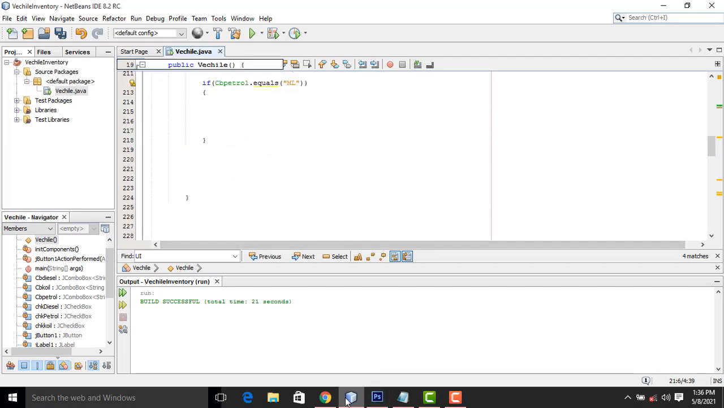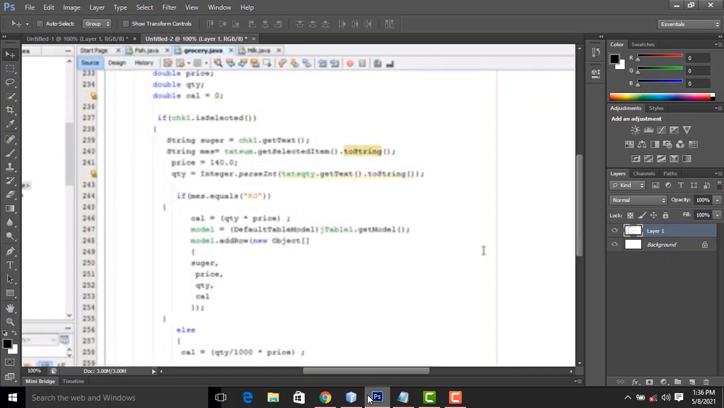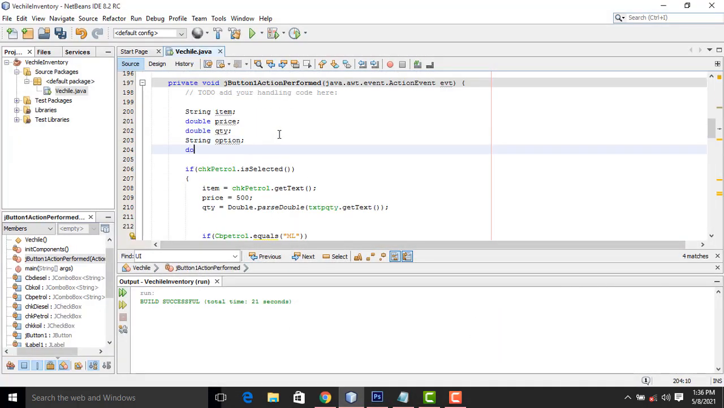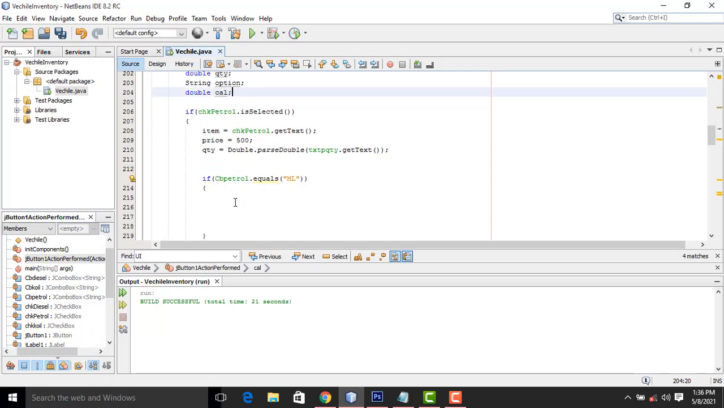Okay. So after that, we have to write the model. Okay. We have kilogram. Right. You have to write the calculation. You have to create a variable, double cal. This is for the calculation work. You have to write cal. If the user selects, cal